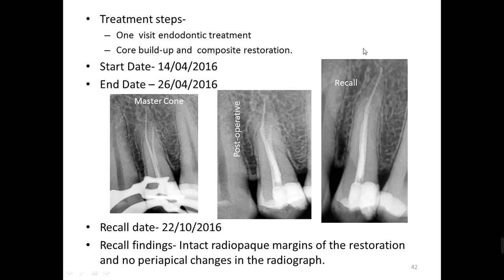I would like to end the video today at this point of time. For assessment, please start sending me your access cavities for posterior teeth, both for maxilla and mandible, and we should meet on the other end towards the assessment session and the mentorship session on the weekends.